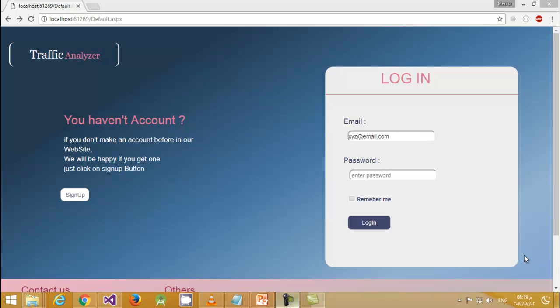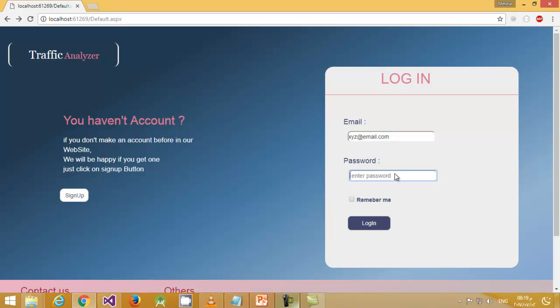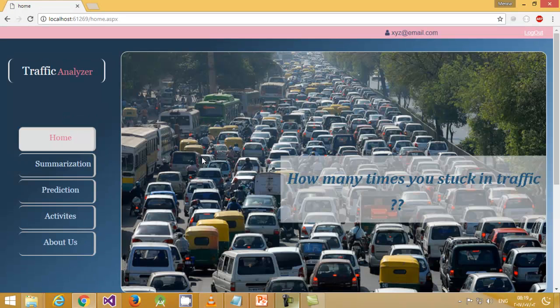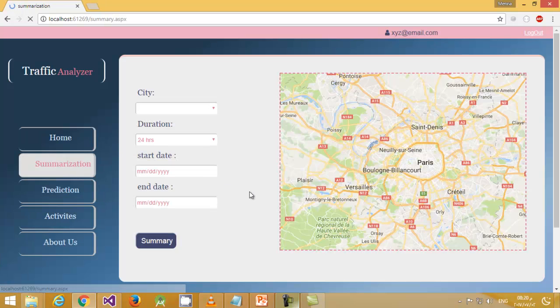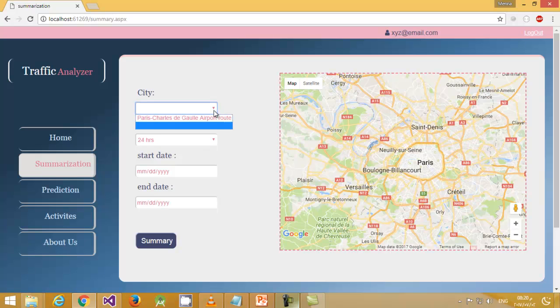We start with the web application. Firstly, the user has to log in. The user should fill in the traditional login. Then the user should select the service he wants to benefit from. We provided, as a proof of idea, the summary of one route, which is the Charles de Gaulle Airport route.